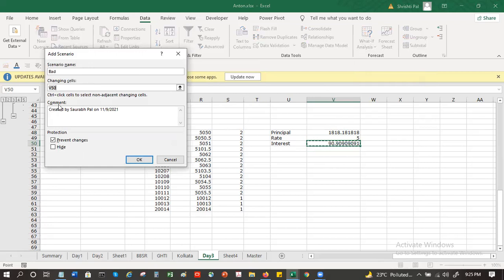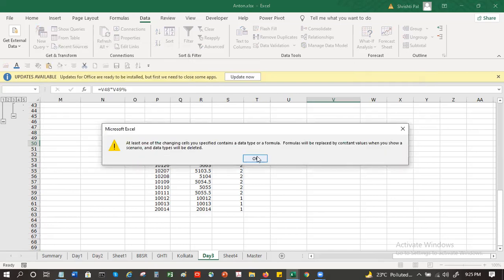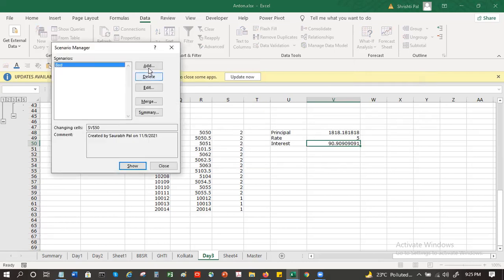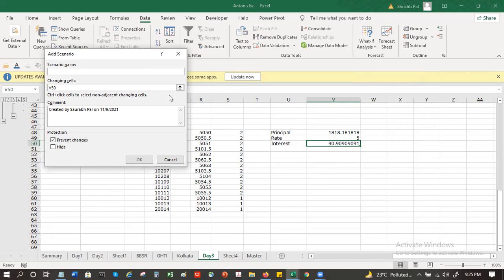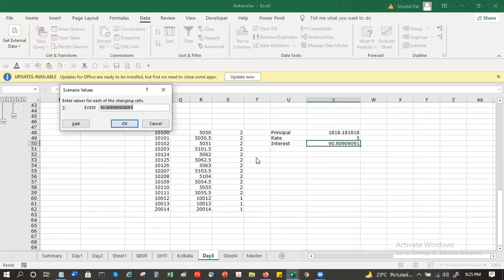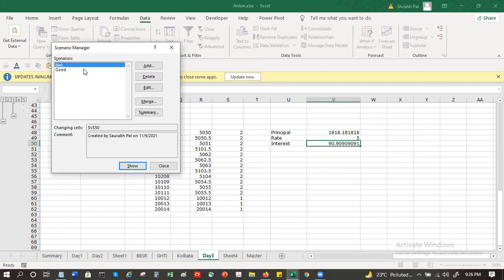By changing this B50 and all this. And you can add another one where you say good, and B50 by changing the cells of 250. And so here, instead of 90, I want, let's say 290. So I have a good and a bad scenario over here.